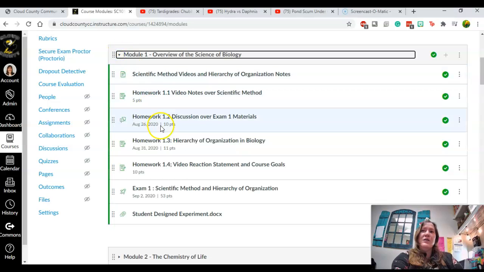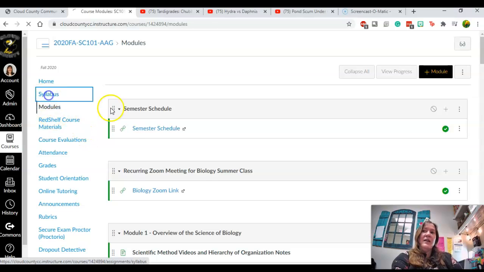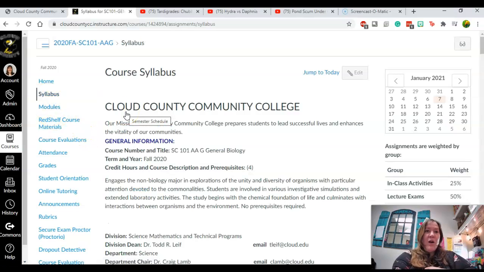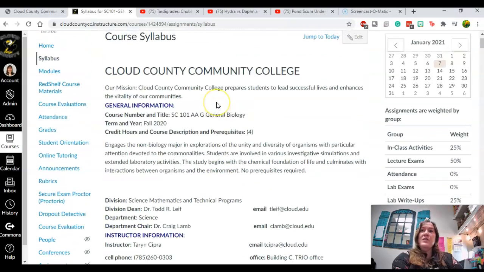But it's nice for students to know that modules is where you go for the assignments, not the grade book and not the assignments tab. And if that's not the way you organize your class, it's just really nice to let them know what your class is like and how it's different from other classes here on campus or at Cloud. So this is an old syllabus, but